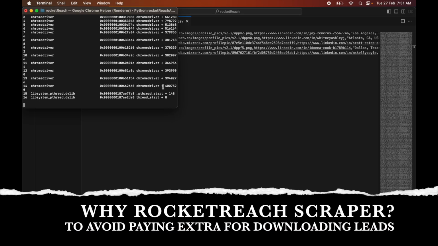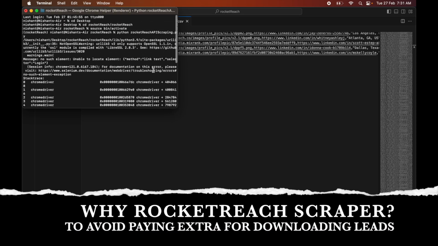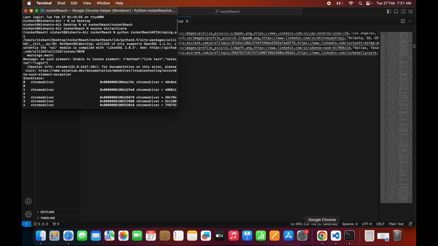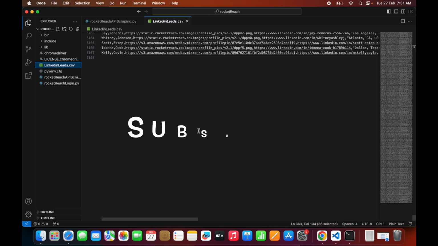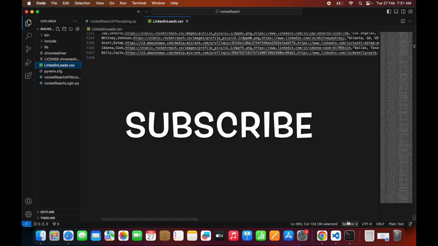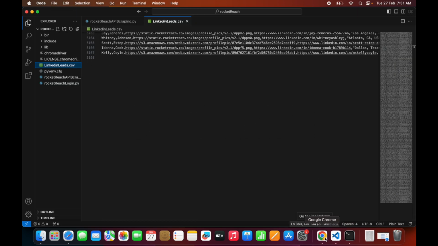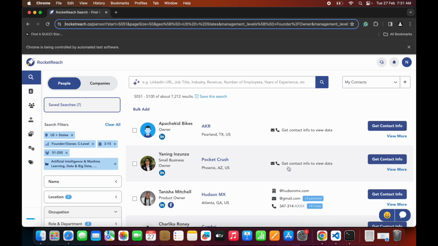Just for demonstration, I am displaying it over here. So there are some errors, but this is running right now. Rocketreach API scraping, and the thing is automated here in Chrome browser, which is controlled by Selenium. So as you can see, there are 5,167 rows right now of leads data, and this will automatically go to